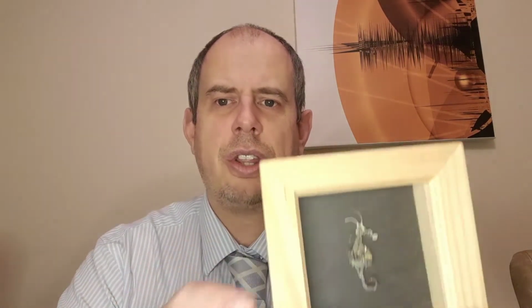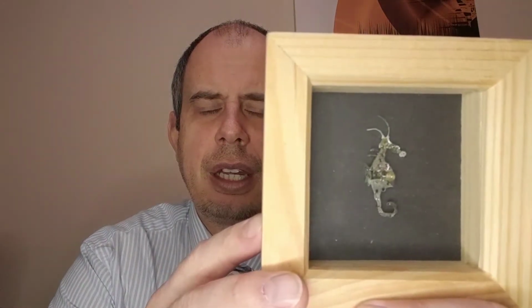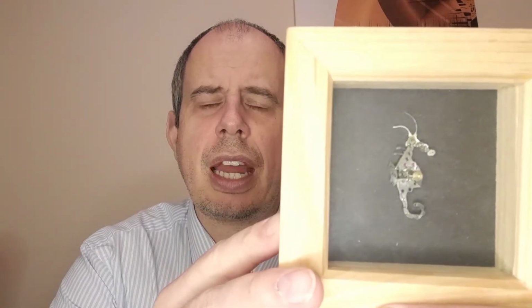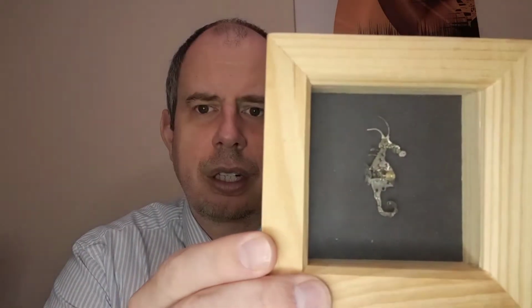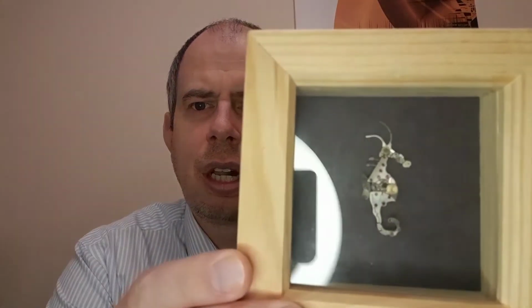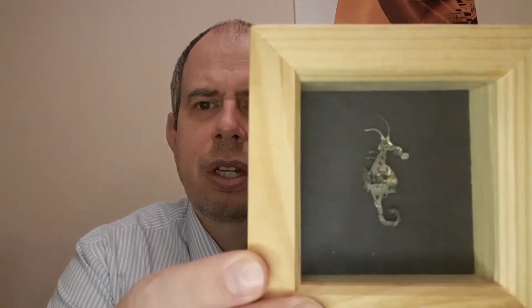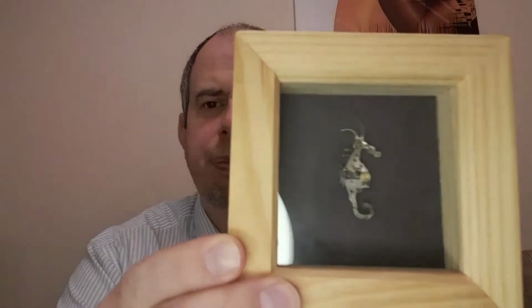I then started branching out into other things that I actually quite enjoyed, and I actually quite enjoyed making this particular seahorse. And again, the camera's not picking up tremendously on the detail. I wonder if I lower the brightness, whether that'll help a little. Maybe a little. Okay. So again, the seahorse really, I thought was quite fun to do,